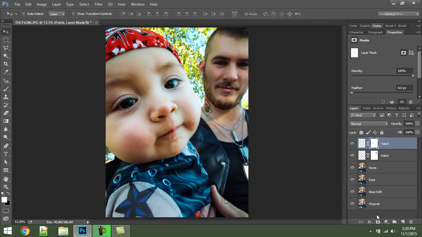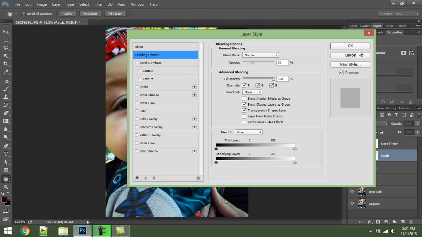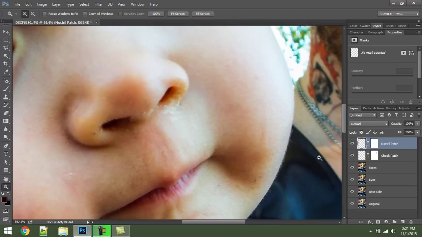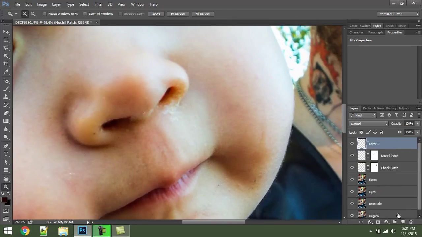Alright, so that looks pretty good as far as that part goes. We're going to go ahead and call this nostril patch, and it was cheek patch. And now we're going to go in and get the rest of this. Same concept, new layer. Call this lip patch, and